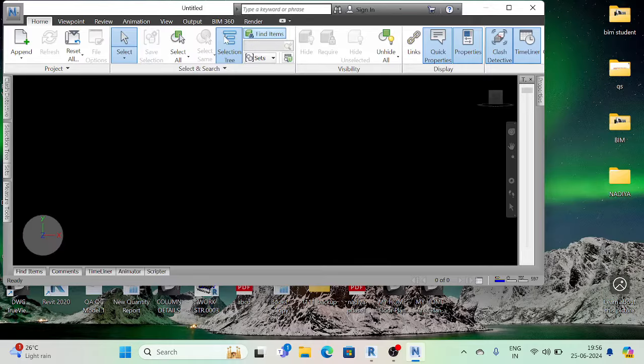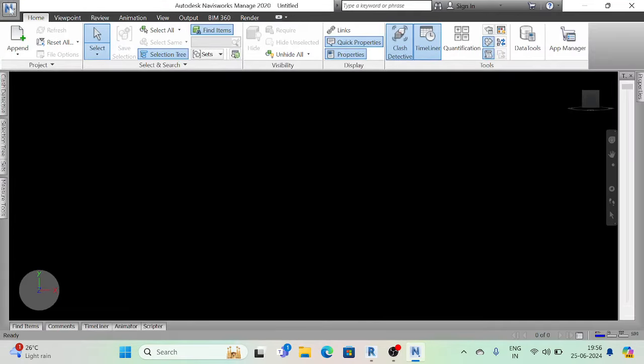this is actually the interface of the software. Okay, so you can see only 7 or 8 tabs are here: Home, Viewpoint, Review, Animation, View, Output, BIM 360, Render. Only 8 tabs are here, and this is a small reviewing software. Okay, so